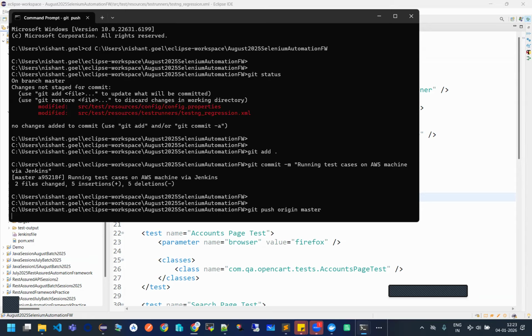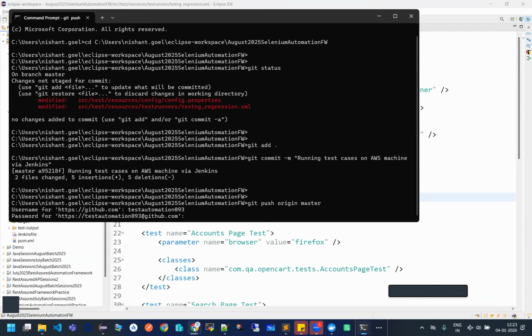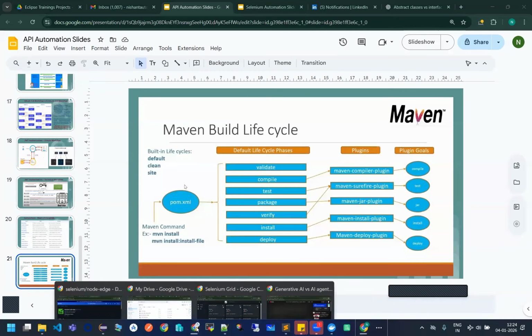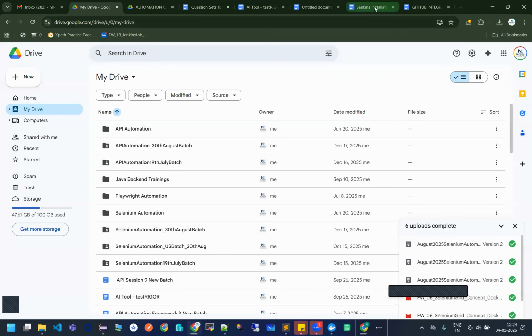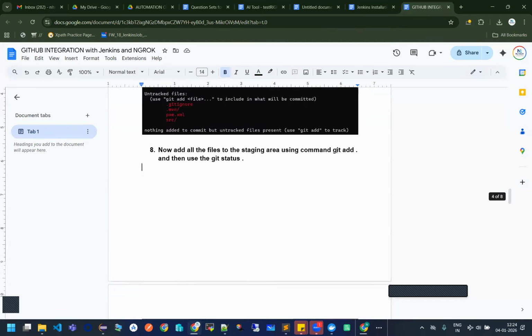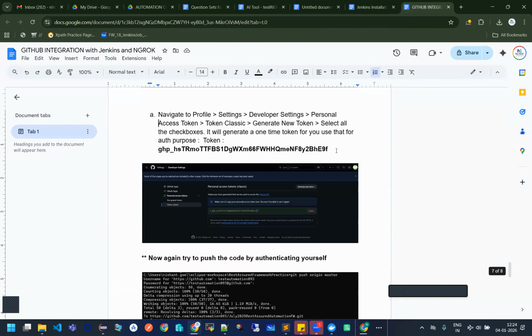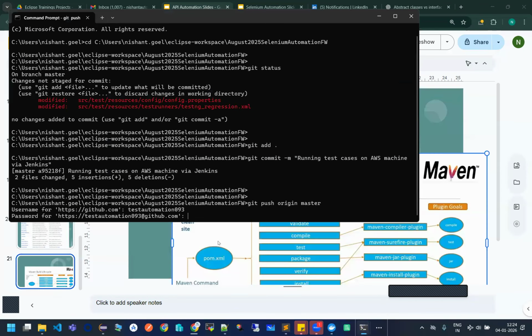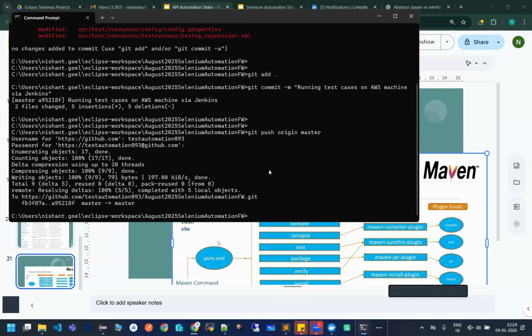Okay, it will ask for my username and password. Let us give it test automation 093 and the password. Let me see if I have that ready. Just give me a second now. Okay, I hope I have it. Yes, this is my token. Copy it, paste it, enter it. Now my entire code will be pushed onto my